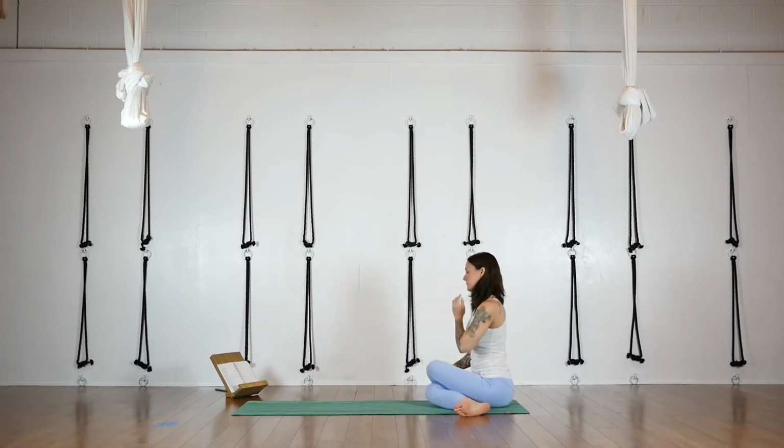One side might be different, so maybe you need elevation here under your sit bones, or maybe you don't on this side. But again, find the upward seating posture here, just to let your hips settle, let the knees soften. Using a few breaths to calm your body and your nervous system,